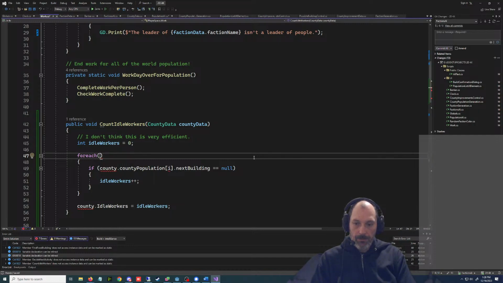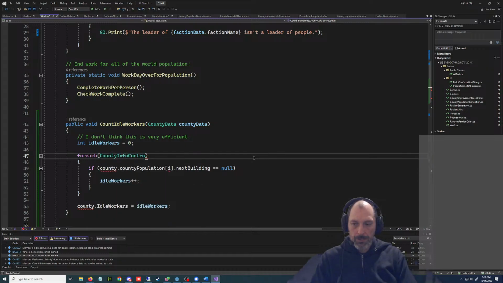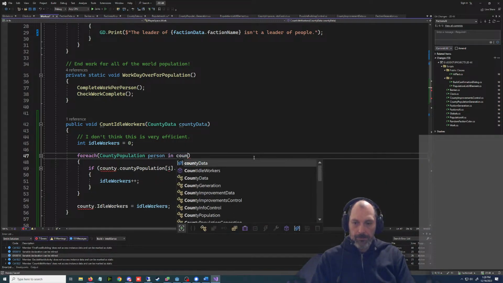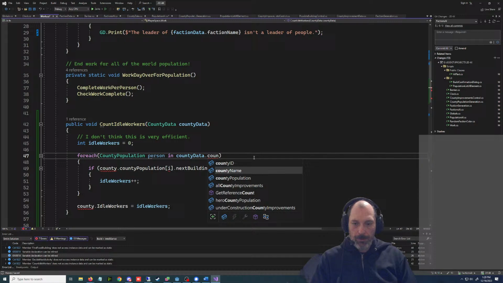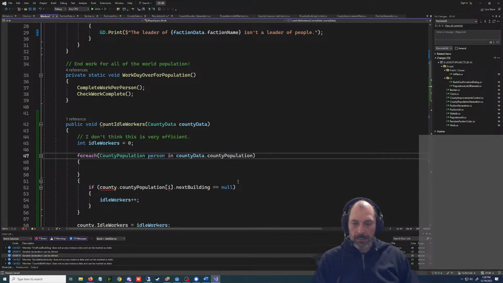For each county population person in countyData.countyPopulation. The reason I put person in here is because I find it easier. Wasn't I going to switch this to a resource 5 minutes ago?